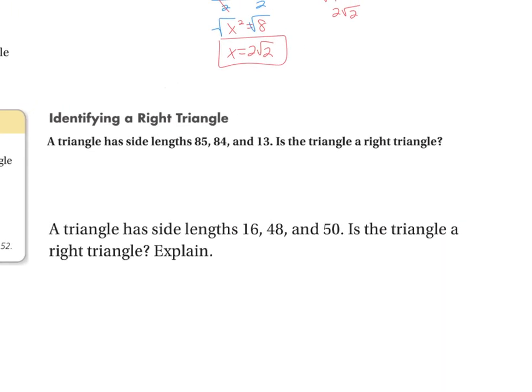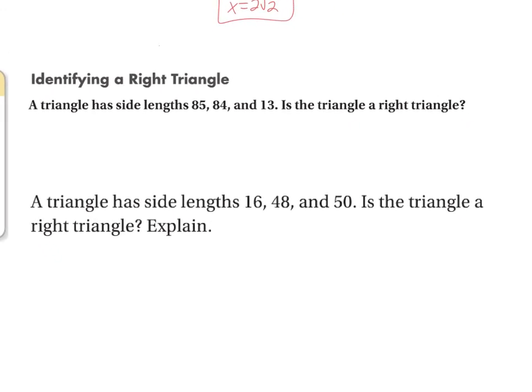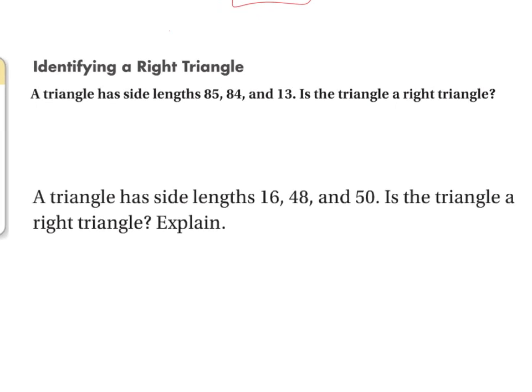A triangle has side lengths 85, 84, and 13. Is the triangle a right triangle? How we do this is we plug it into our Pythagorean theorem. Of course, the most important side is our c. Which one is that? It has to be 85 because it's the longest side. So I'll call this a and this b. So we have 84 squared plus 13 squared equals 85 squared. So 84 squared is